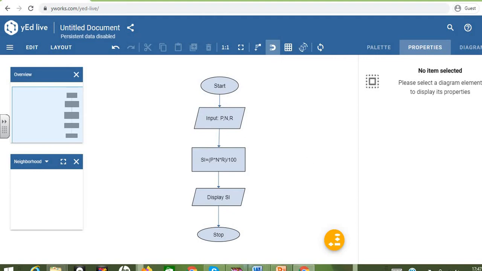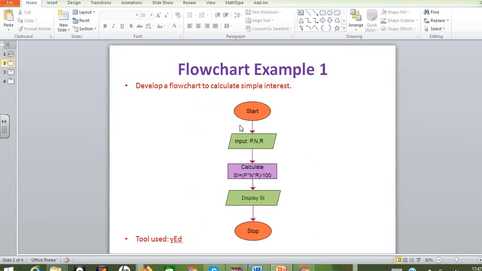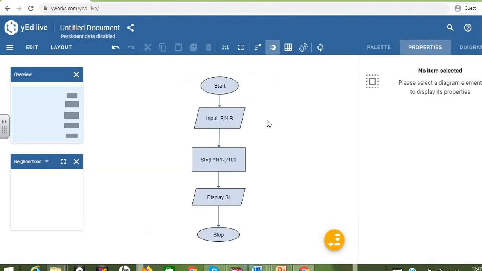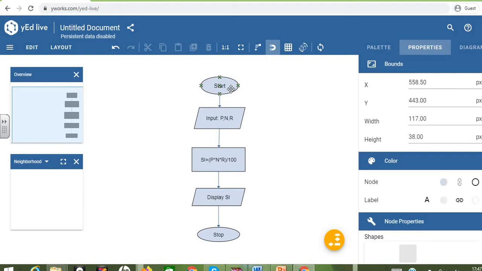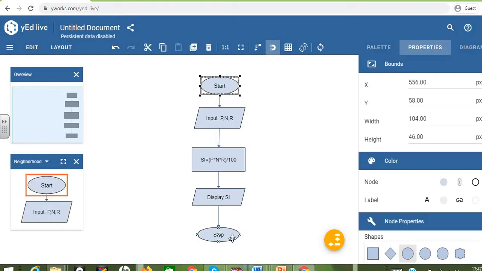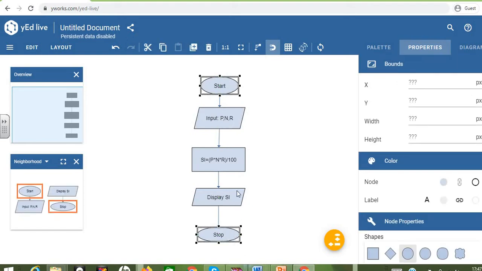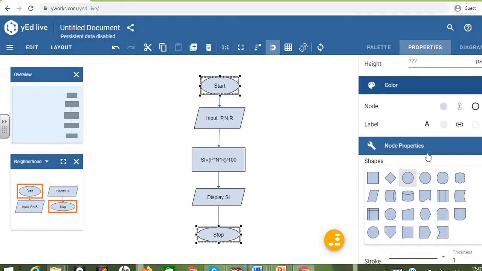Now we can do another thing. So here I have used different colors to represent the input as well as the process box and the start and stop box, right? Similarly, we can give any colors. For that I need to go for properties. We need to select the node for which I am going to do all these changes. So I want my start and stop box to be in the same manner, right? To be in the same format.